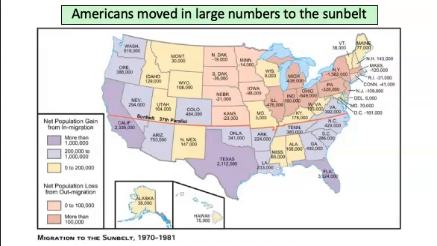So if you look at the Sun Belt map here, all the numbers on that map represent the different population gains or losses. Notice that most of the states in the South right here are gaining very, very large numbers, 2 to 3 million people during this particular time from 1970 to 1980. But notice that places like New York, Pennsylvania, Ohio, Michigan, Indiana, Illinois, they're all losing substantial populations. Now, this is going to have some fairly important political impacts on the United States over time.